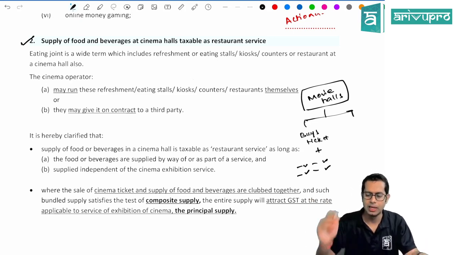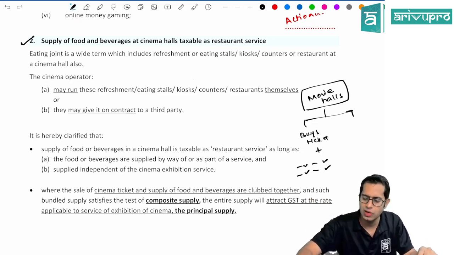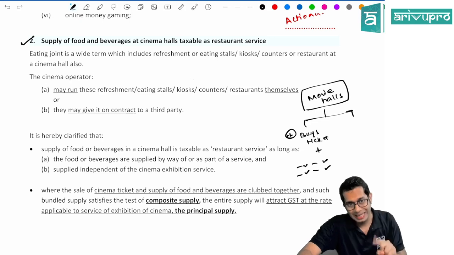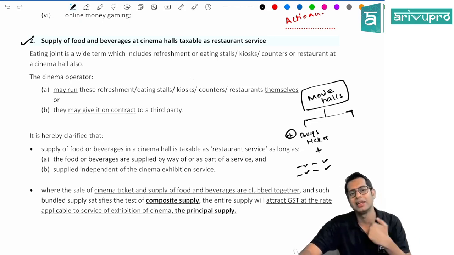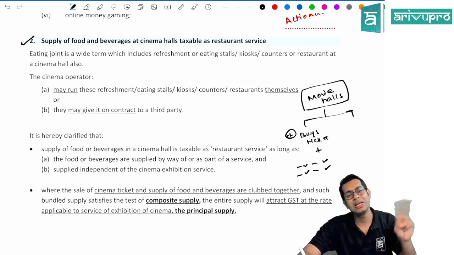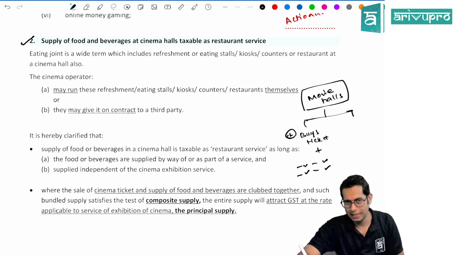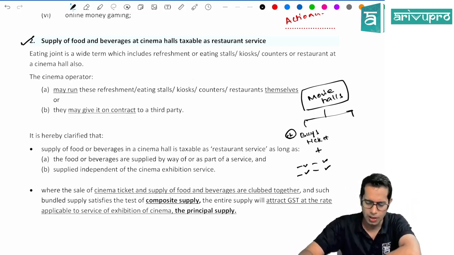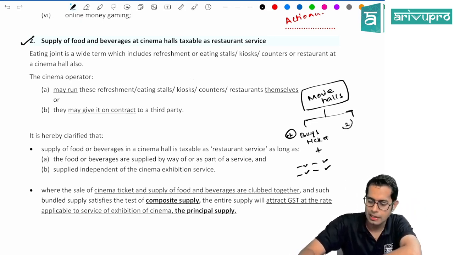Correct? This is one type of transaction, wherein I buy only a ticket when I enter the hall. When I enter the hall, I have bought only a ticket. During the interval, if I feel like eating something, I'll eat out of the different restaurants which are supplying food in that cinema hall. The second category of people are there, wherein what they will do is they will buy a ticket and